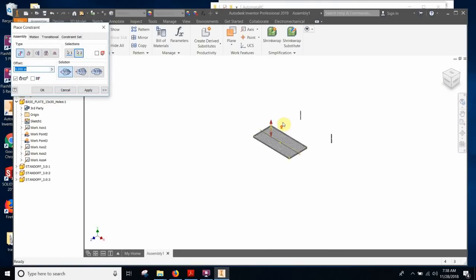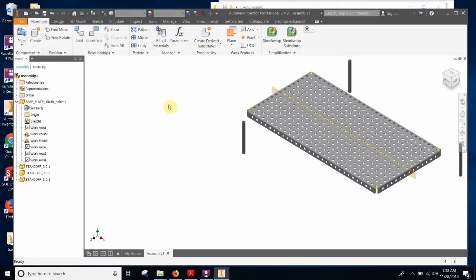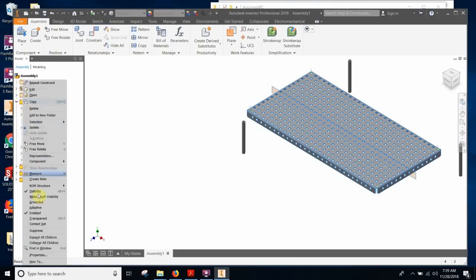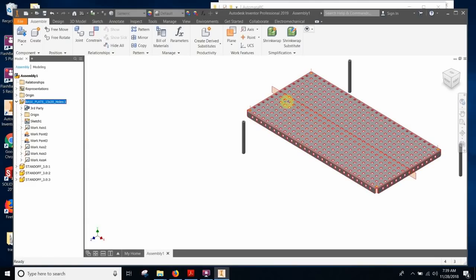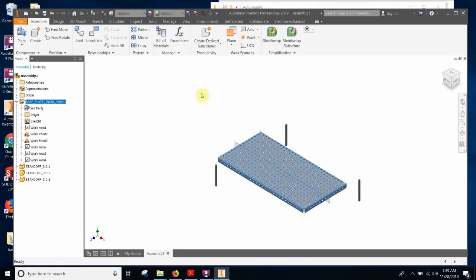And it did that. It flipped it around. Did I want that? No. All right, so let's cancel that. And here's one thing I forgot to do: let's ground this base plate. Okay, so I'm going to right click here, and I'm going to go to grounded. I want this to stay fixed and everything else to move towards it. And let's see, did I lose a, okay, so the base plate's grounded. I feel like I'm missing a,